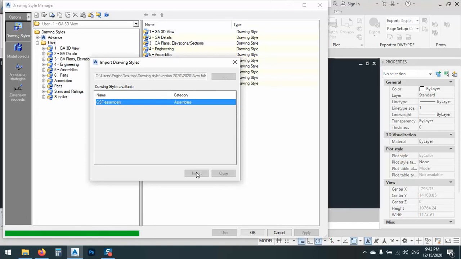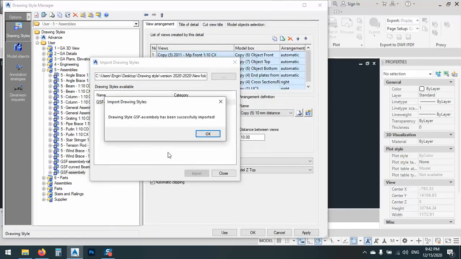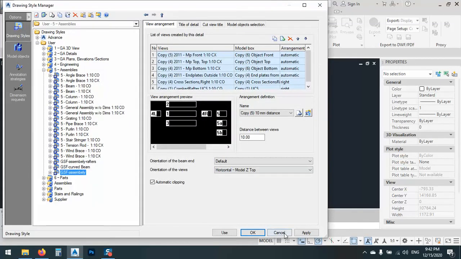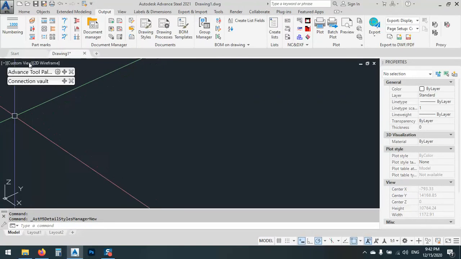Okay, in the drawing processes, we will wait for the warning message. Yeah, now it's good, and just apply it. Okay, after that we will go to the